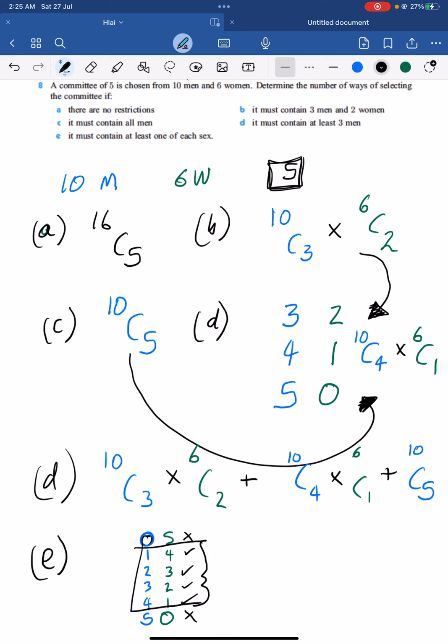The things that we want include 4 different kinds of multiplications. So I'm going to do all, subtract these 2, which may be less work, but you can choose your own way. So it's 16C5, subtract all women, from the 6 women, choose 5, right? And then subtract all male. And for the male, it's from the 10, choose 5. Okay, so when you type into your calculator, you should get the